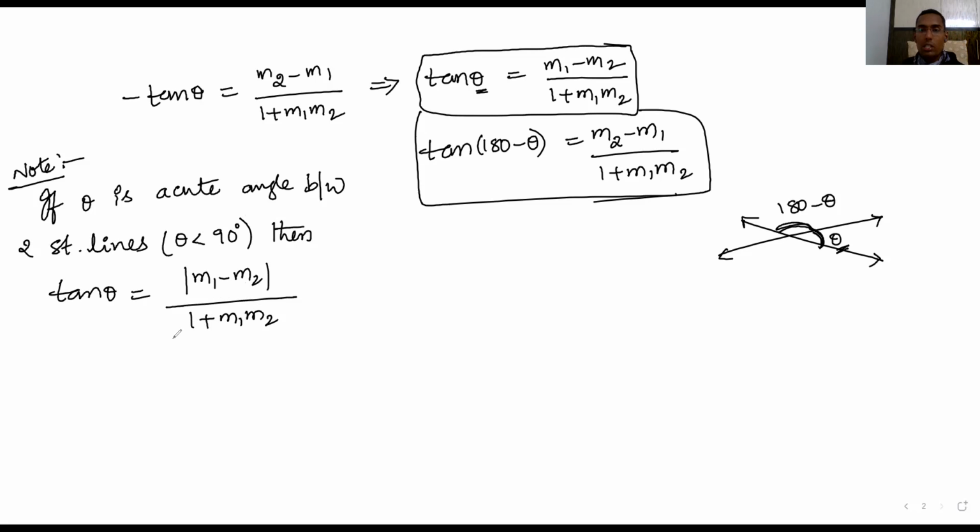Anyway, I will not teach the whole of trigonometry, but some things in trigonometry I must teach you, whether in term 2 or now, so that you can understand the subject better. This is the acute angle. When you know the acute angle, you can find the obtuse angle. If theta is the acute angle, then 180 minus theta is the obtuse angle. Okay, so here let's take an example.